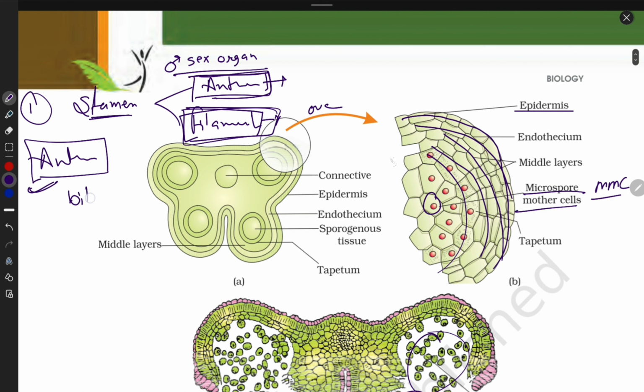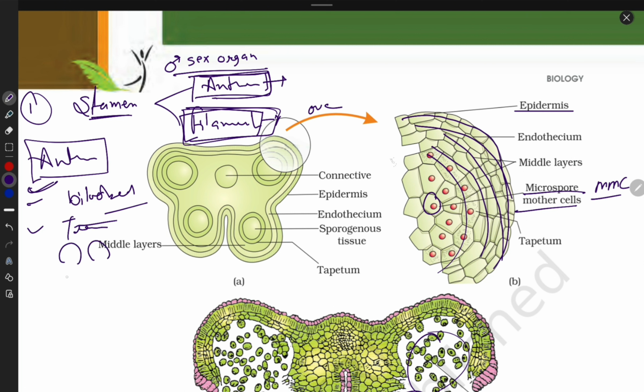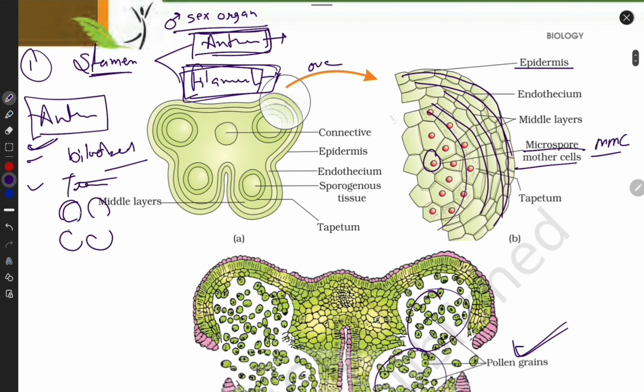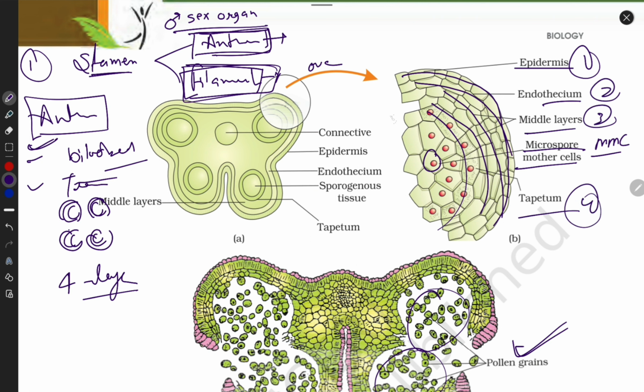This is the bilobed structure. If we cut longitudinally, a bilobed structure is present. Now second property, that if we cut transversely, you have to write the division. If I cut transversely, then what do you visualize? This kind of structure. Now here it is made up of 4 layers. What are the 4 layers? First is epidermis, second is endothecium, third is middle layer, and fourth is tapetum,